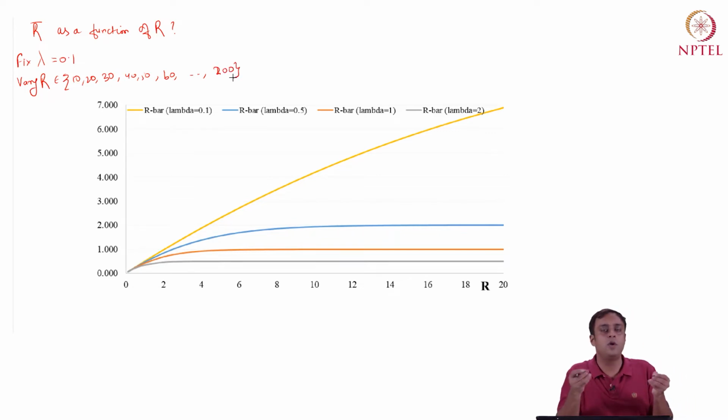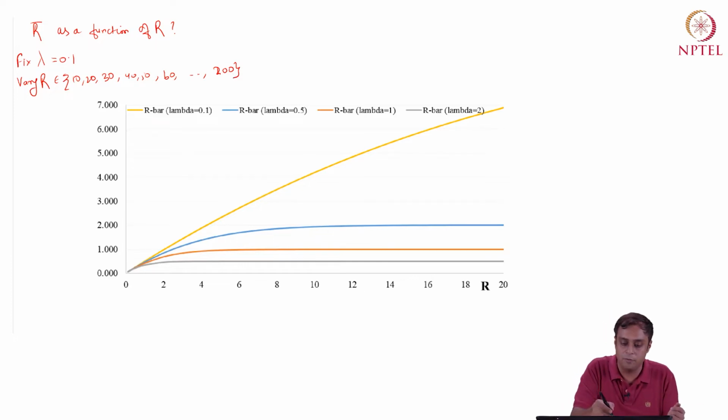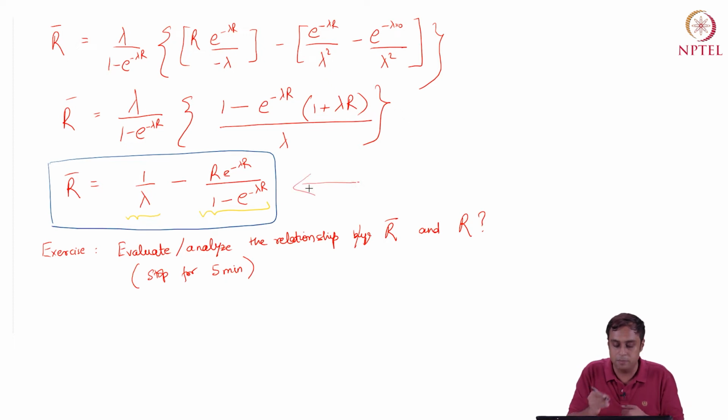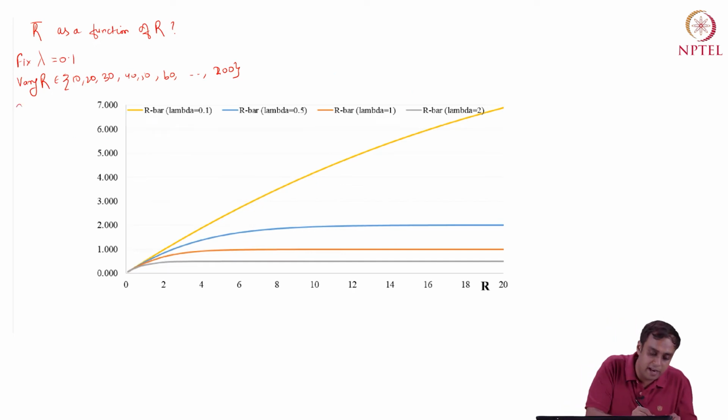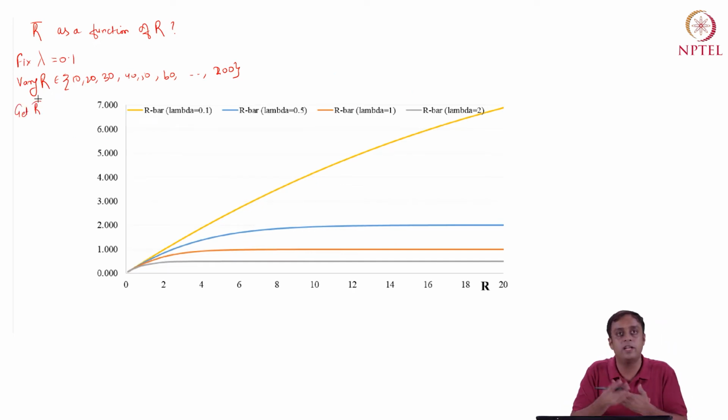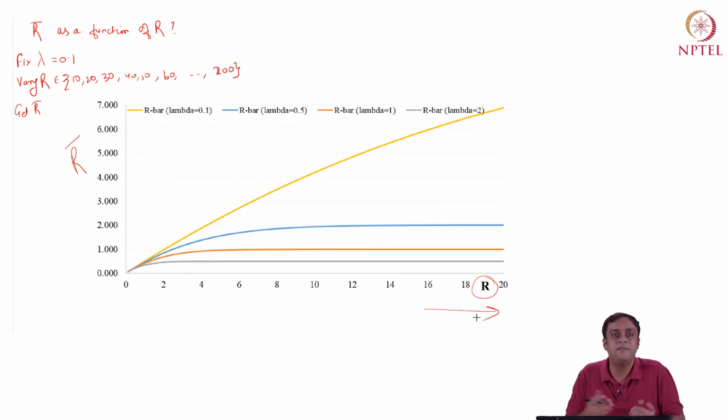So we have these 20 unique values of capital R, and we can simply fill in R bar given the formula that we derived before the break. We can get R bar from the formula on the previous slide and then plot it, with R bar on the y axis and R on the x axis, and see the relationship. Okay, that's one way of doing it.